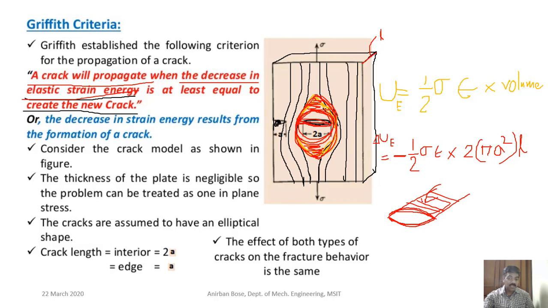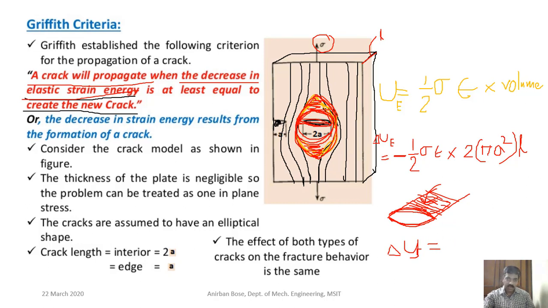So who will provide that energy? Obviously that energy will come from the energy released by the strain energy. Because of the applied load, some strain energy will be released, and that strain energy can be used to form these new surfaces because of the crack. So the surface energy that is required, the new surface energy, you can write US. So what will be that US? US will be equal to